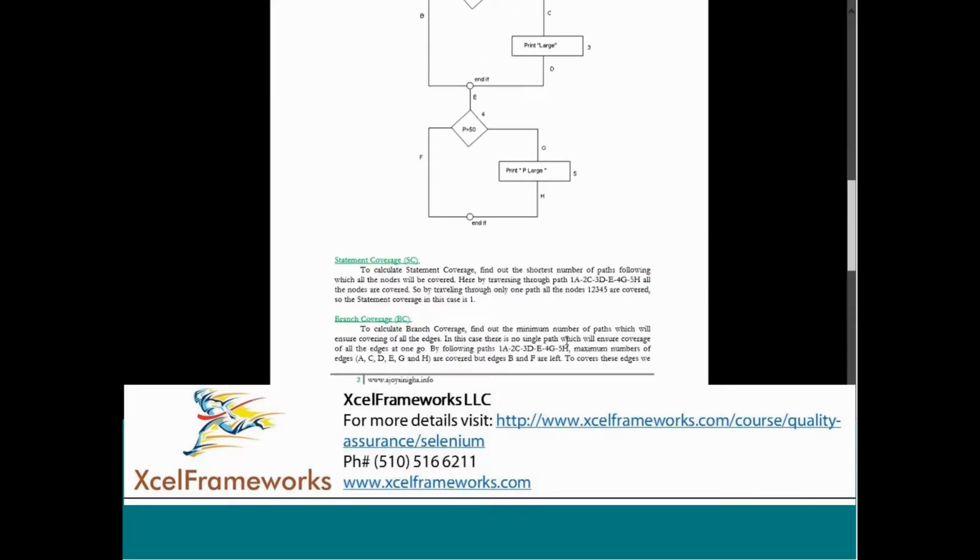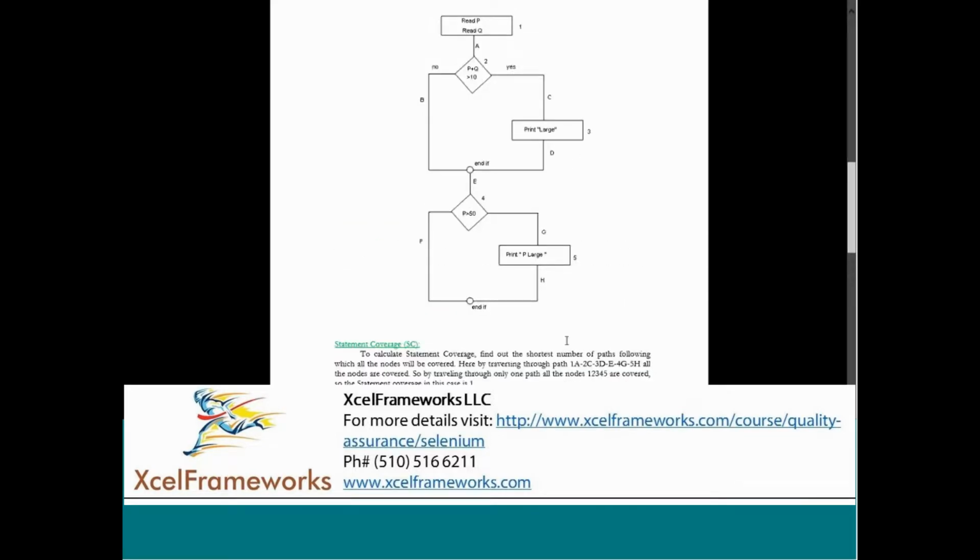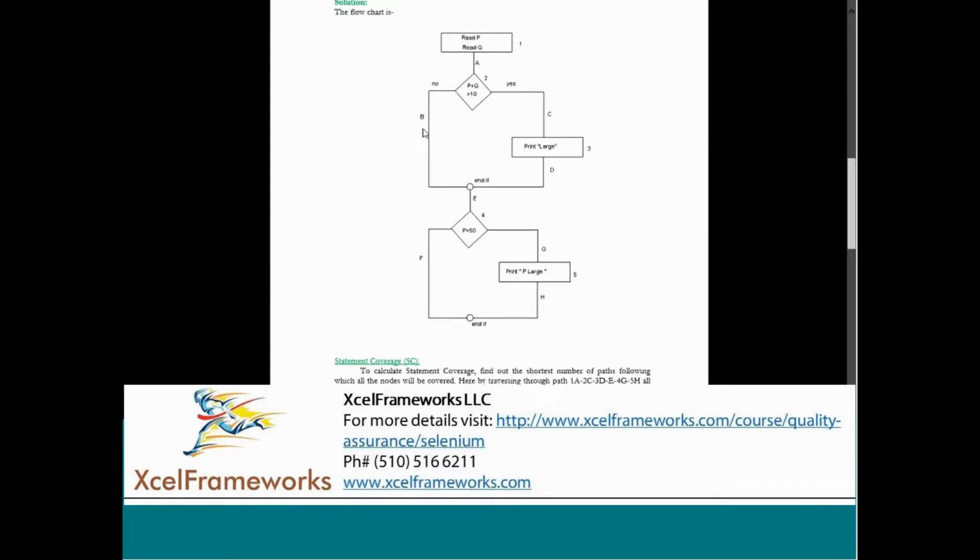So here the edges are something like a negative case. In simple terms, what I call is always the negative case. So you want to execute the edge, right? So it has to cover B and F. Correct, right? You want to cover B and F, so what will we do? We will give the wrong value for P and Q. So if I say 10 and 10, I mean 10 plus 10 should be 100 actually here. By mistake it's 10. Okay, not a problem. So we'll take 1 and 2.